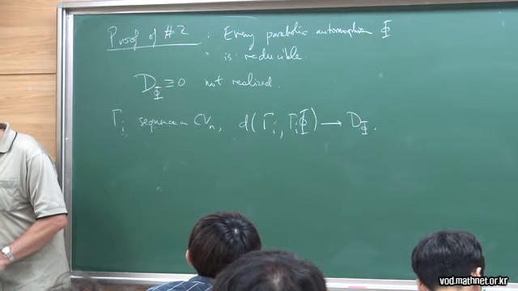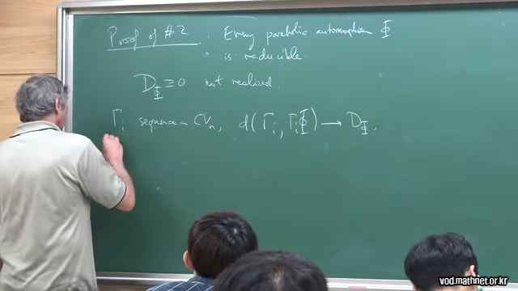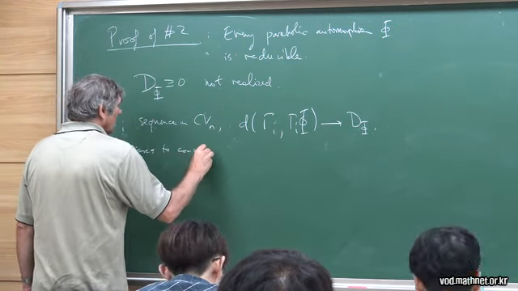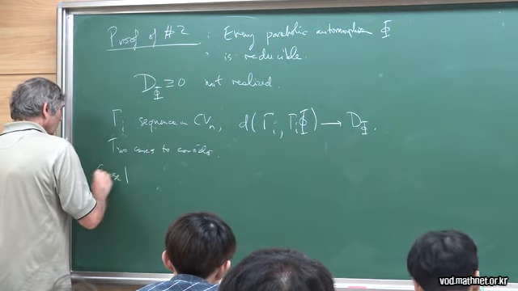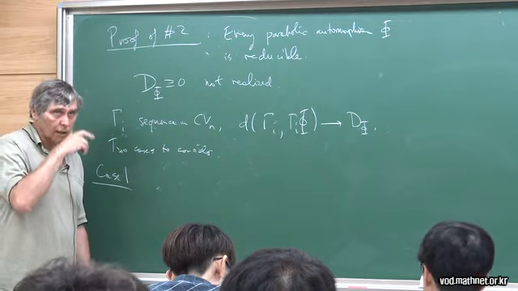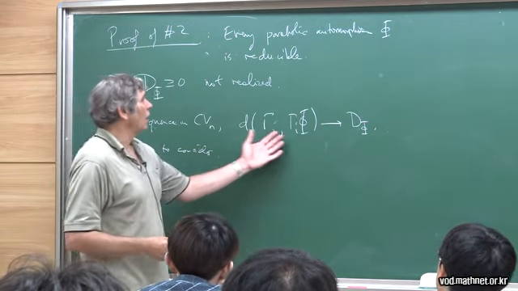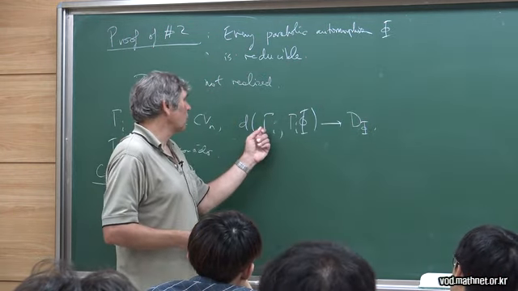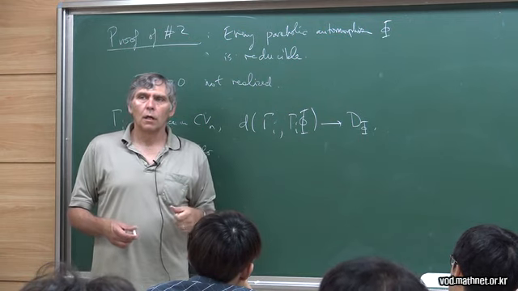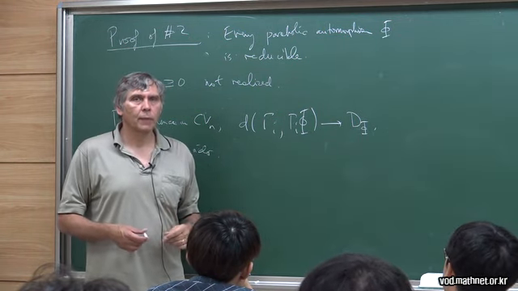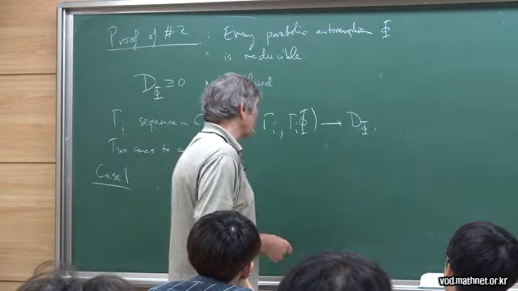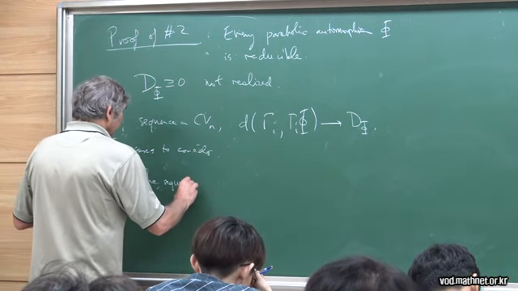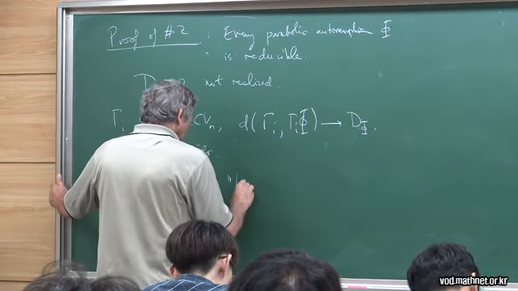Okay, so there are two cases to consider. It'll turn out that case 2 is not possible. That is, case 2 does not happen. I could start out with a hyperbolic automorphism, and I just don't tell you it's hyperbolic, and I give you a sequence of gamma i's that maybe converge to a point in the min set. So that'll be discussed in case 2. Case 1 is that the sequence gamma i, I want to say the phrase, leaves every thick part